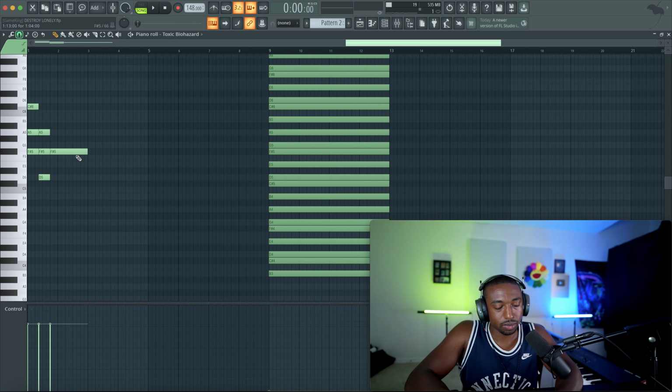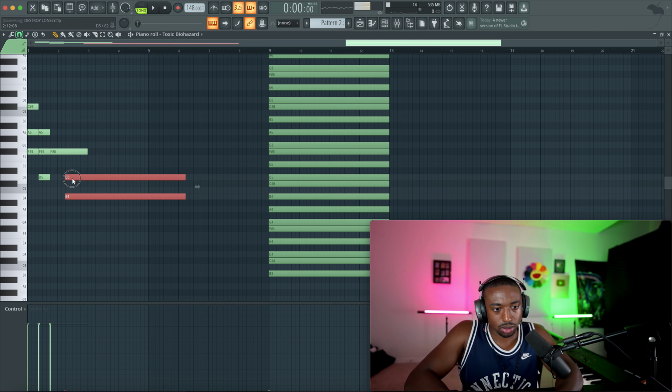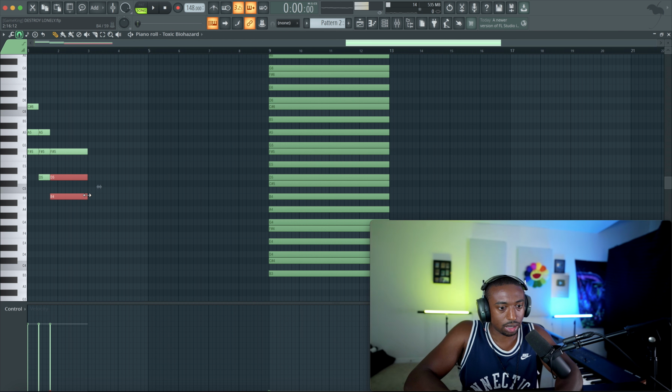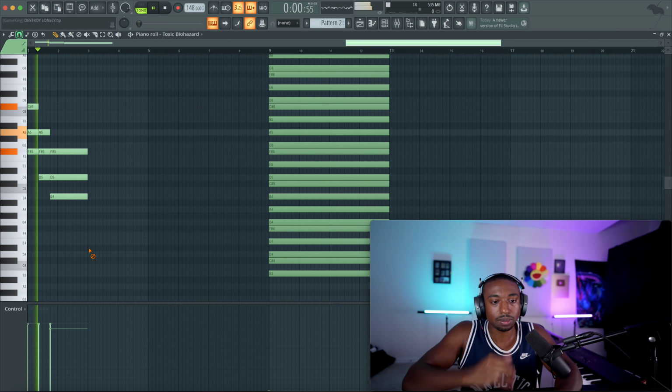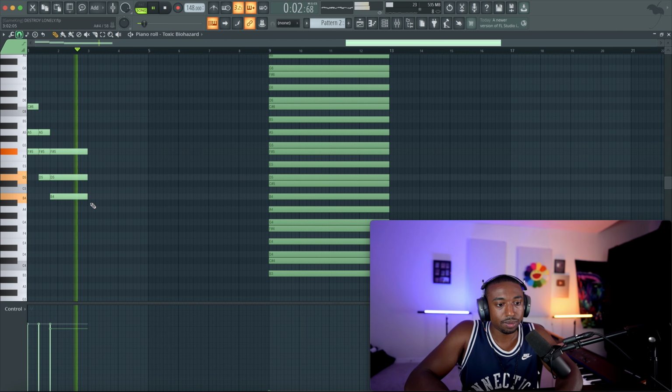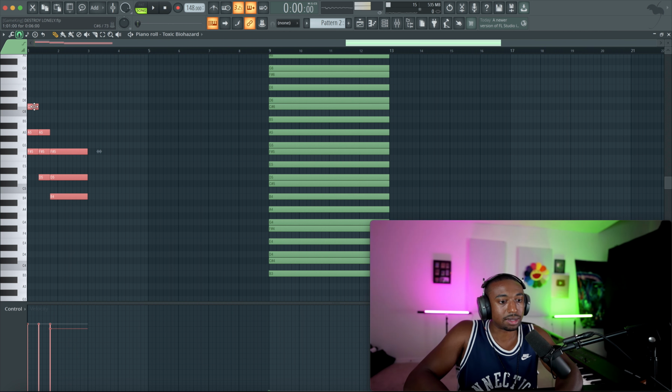And then lastly, we have here F sharp. We're going to skip E, go to D, skip C sharp, go to B. Pull these notes over, hit Shift, and then hit Alt, left click to restore the velocity. Okay, so we can kind of copy and paste that over and over again.